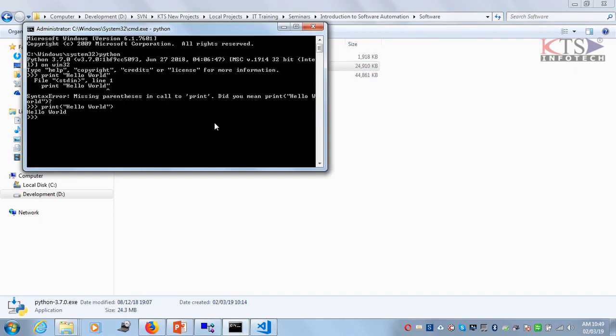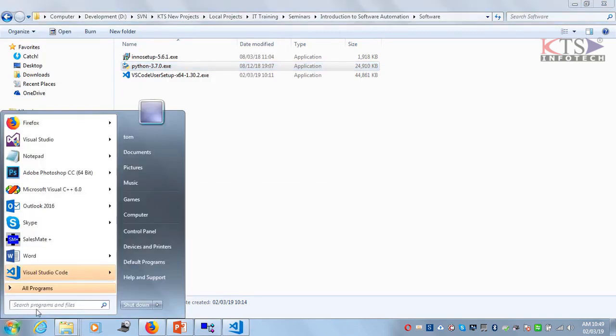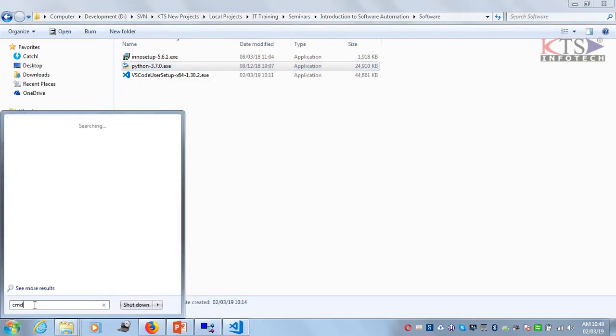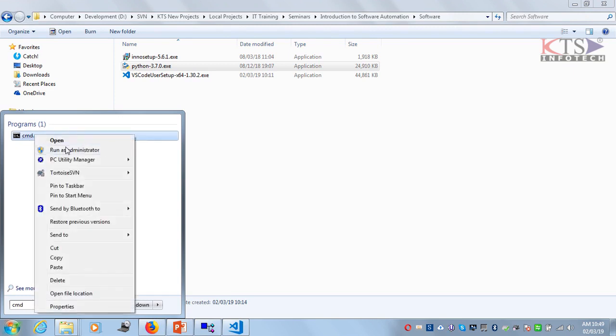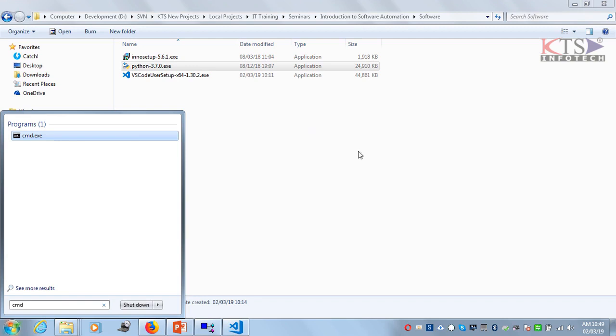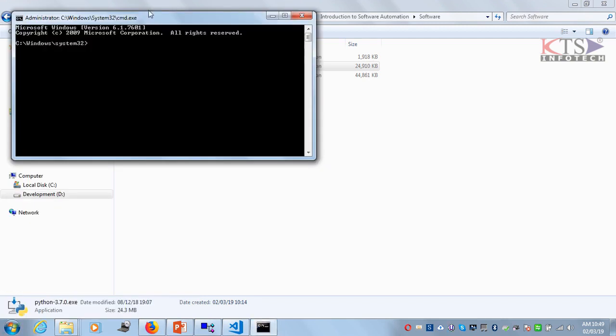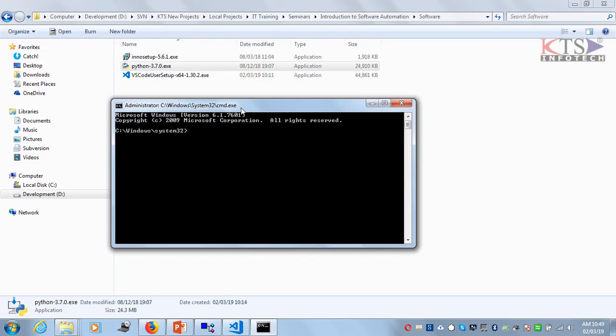If I have installed it and set the environment variable, then if I go to the command prompt, let's say I'm running it as administrator, and type python, it should run like this if the environment variable is set.